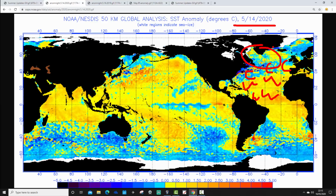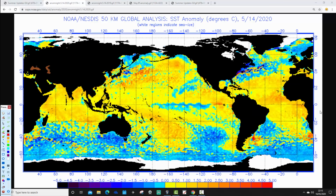But up here, it's not as warm. South of Greenland, it's not as warm, though it is a little bit warmer than further south. So it looks like it's trying to get itself towards a tripole type pattern, but it isn't quite there at the moment. But that's how things look with the old view for this year. So that's the current setup on the old view in the Atlantic Ocean in terms of sea surface temperature